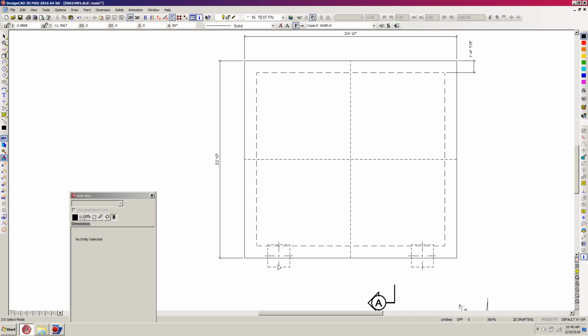So now all we really need to do is dimension these individual square footings, and for that I'm going to click on the dimension extended command. So you just click on the dimension and roll on out here till you see where it says in the lower left hand corner, draw extended dimensions. I'm going to click on that, and you can see right now the radio button for horizontal, it says HOR, and vertical. And the horizontal radio button is selected, and that's the one we want, because these dimensions are going